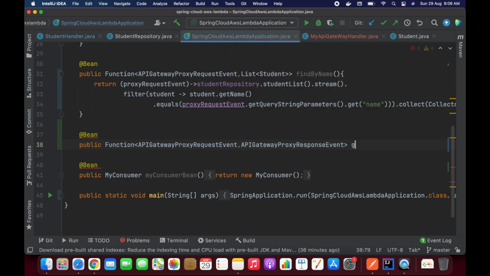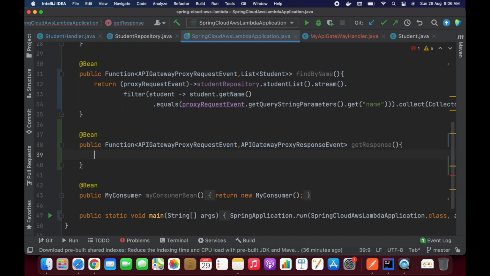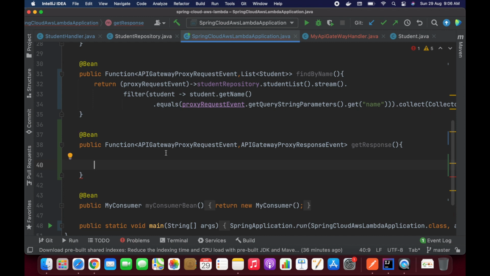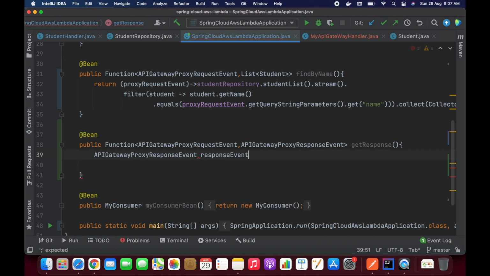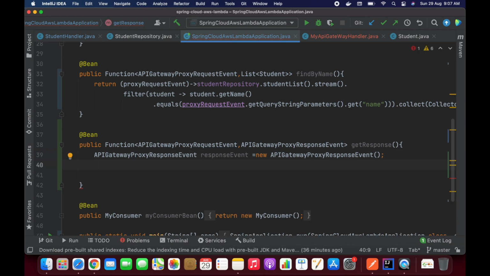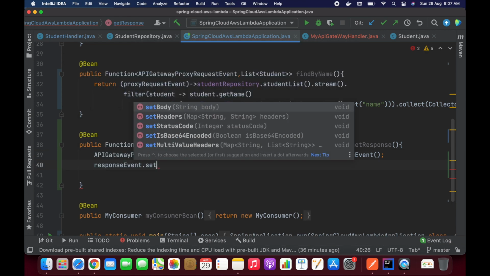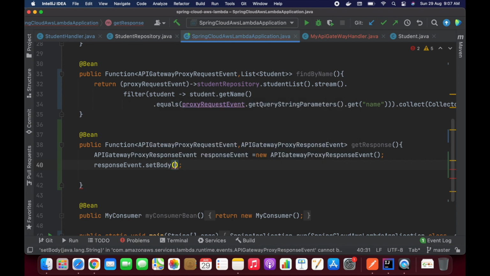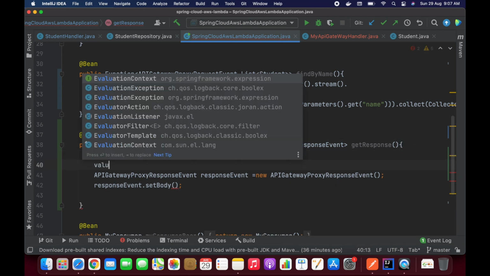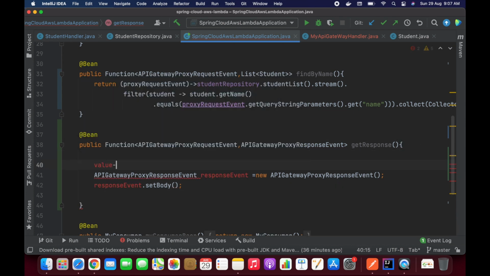Let's call it getResponse. Now we need this response event object, so let's create it. On this response event I'm going to set the body. This is the function, right, guys? This function is going to return some value.